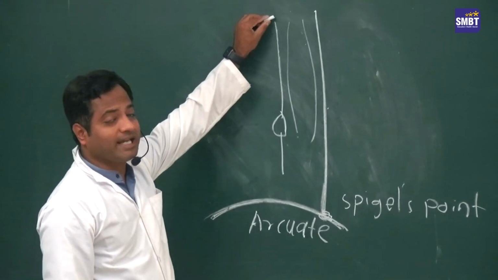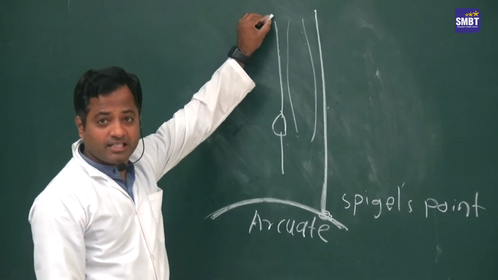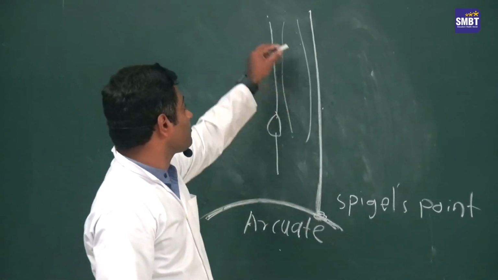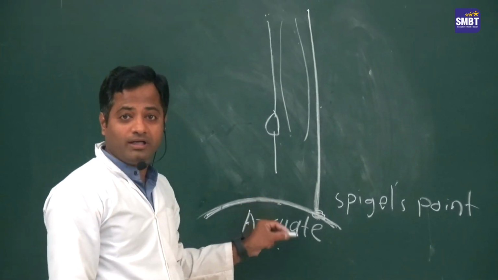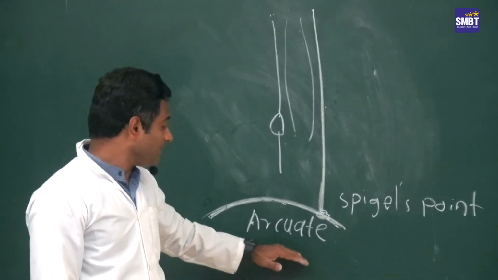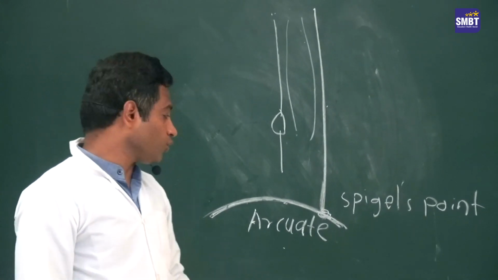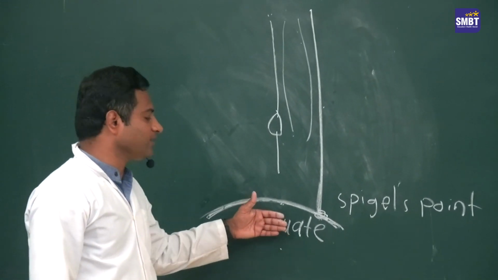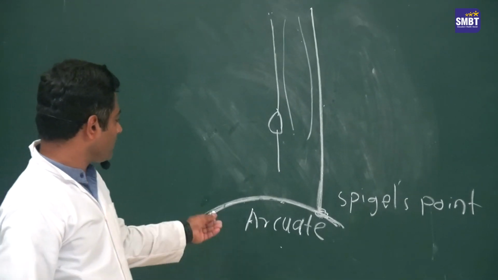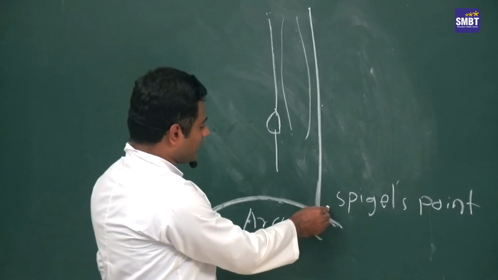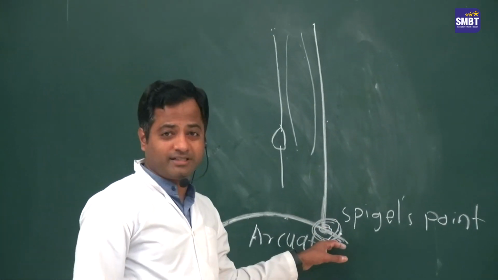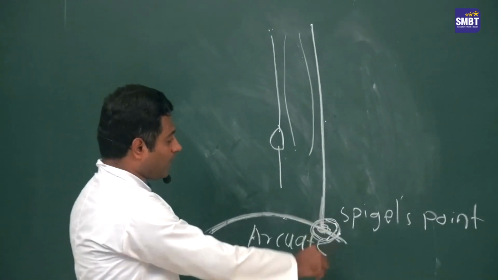So the anterior rectus sheath extends from the subcostal region to the pubic symphysis, but the posterior rectus sheath extends from the subcostal region to the arcuate line only. So in the area between the arcuate line and the pubic symphysis, there is a lack of posterior rectus sheath. The muscle is directly in contact with the fascia transversalis or preperitoneal area. So these are two importances of this. Sometimes there is a weakness and a hernia comes from this Spiegel's point, called a Spigelian hernia. I will explain it after some time.